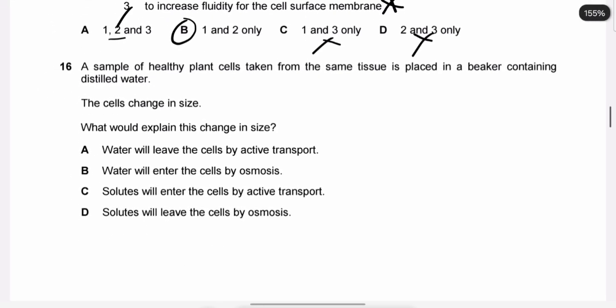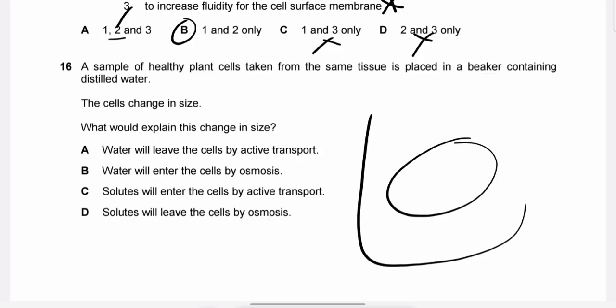Now on number 16, it says a sample of healthy plant cells taken from the same tissue is placed in a beaker containing distilled water. The cells change size. What would explain this change in size? So we've taken plant cells, then we place them in a beaker containing water. We know that if we have a cell placed in water,